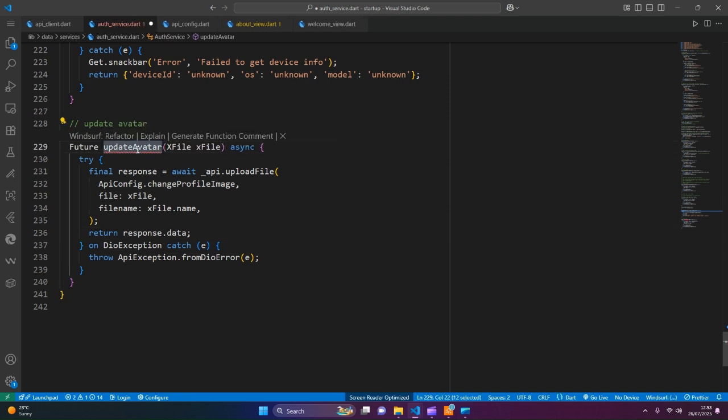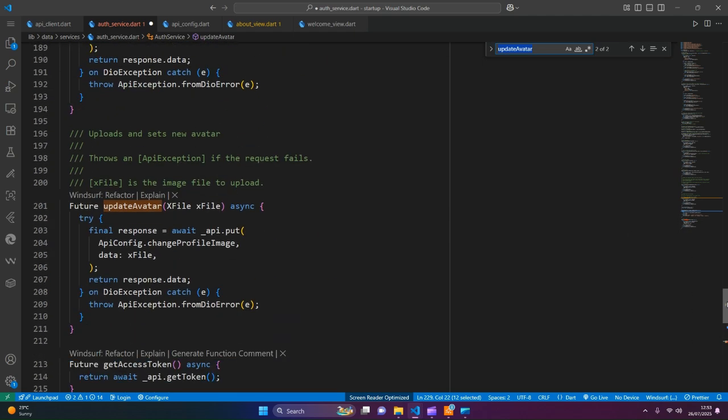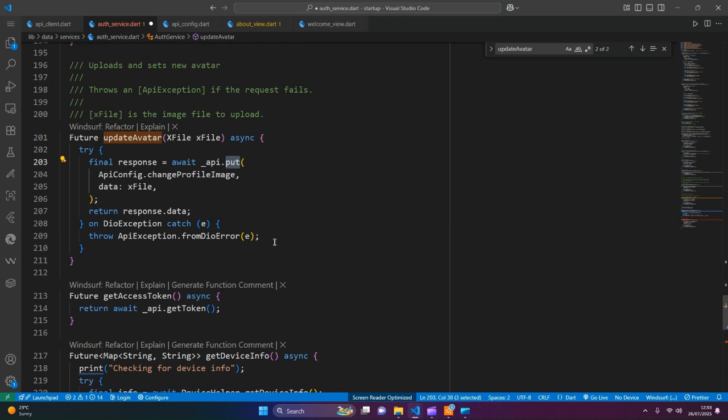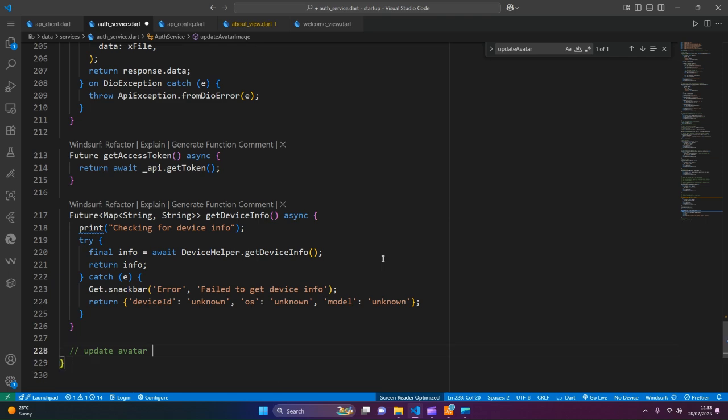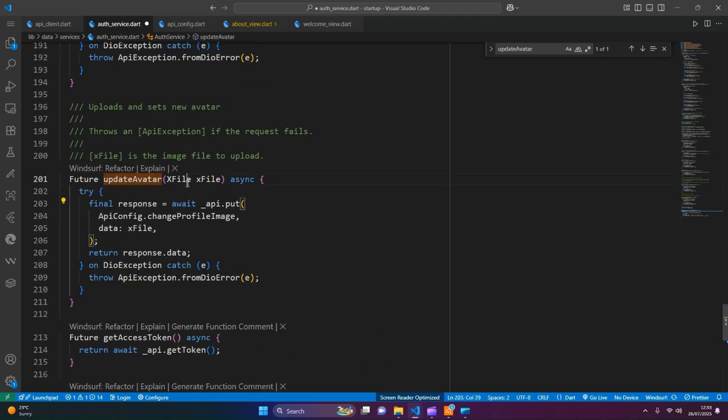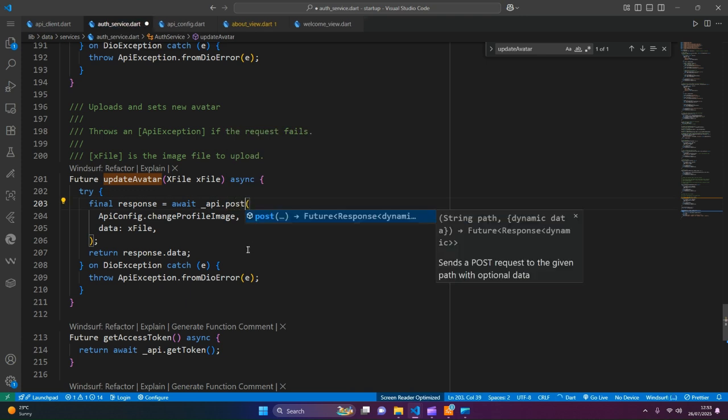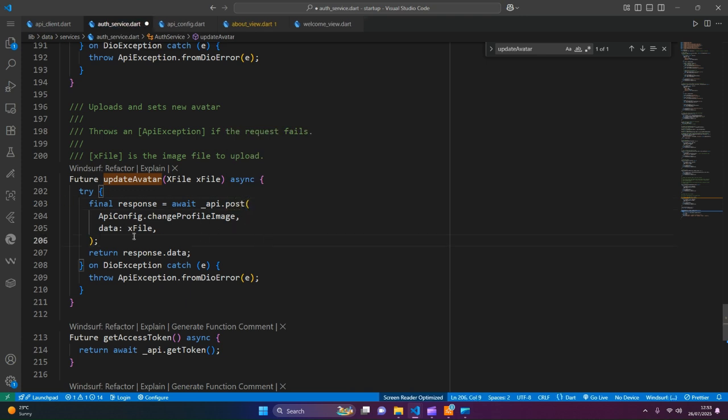We have this already. We have the method here already. We also have the back end. Yes, actually we have the methods here already. This was created already here. So this accepts a profile picture, accepts an image, but the method is going to be post. And we can do